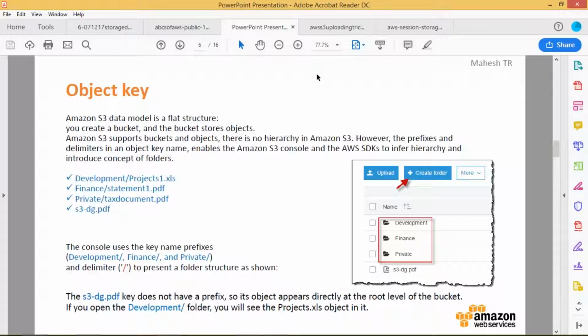So object keys. When we are talking about S3, the Amazon S3 data model is a flat structure. You can create a bucket, and the bucket stores objects, all sorts of things. Amazon S3 supports buckets and objects. There is no hierarchy in Amazon S3. However, the prefixes and the object key name enable the Amazon S3 console and AWS SDK to introduce the concept